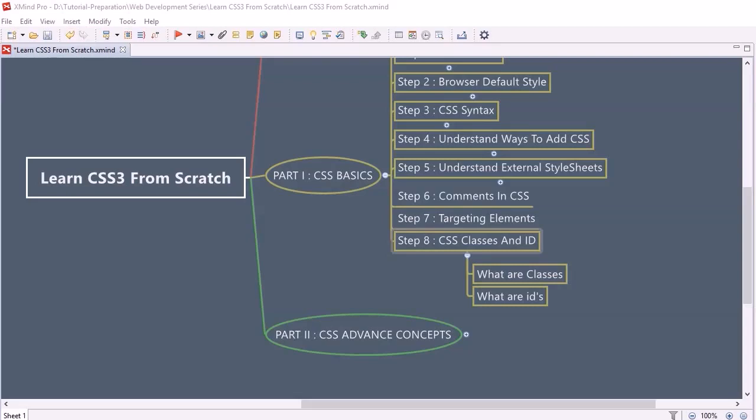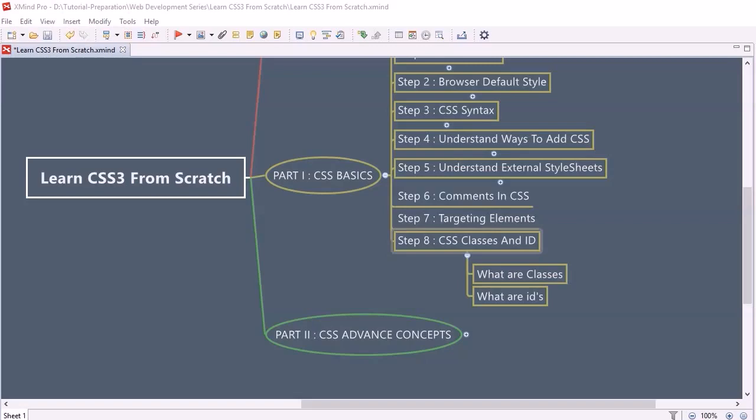Now let's discuss how we can denote classes and how we can denote IDs. Classes are denoted by dot notation and IDs are denoted by a hash. So whenever you are going through a CSS file and you find the dot notation, it represents a class, and if you find the hash notation, then it is an ID. So let's jump into Visual Studio Code, where we will learn how we can target elements with classes